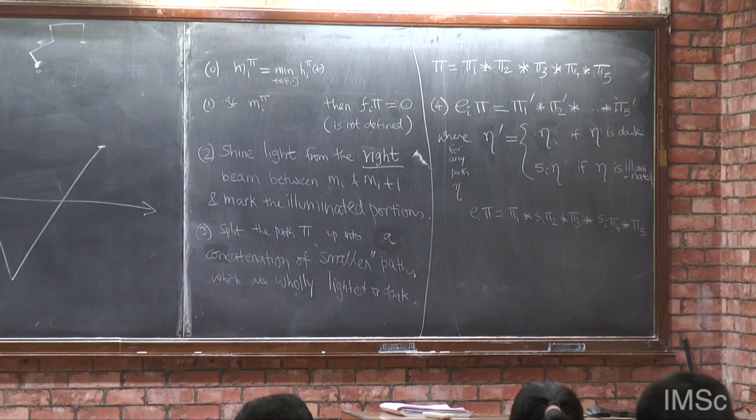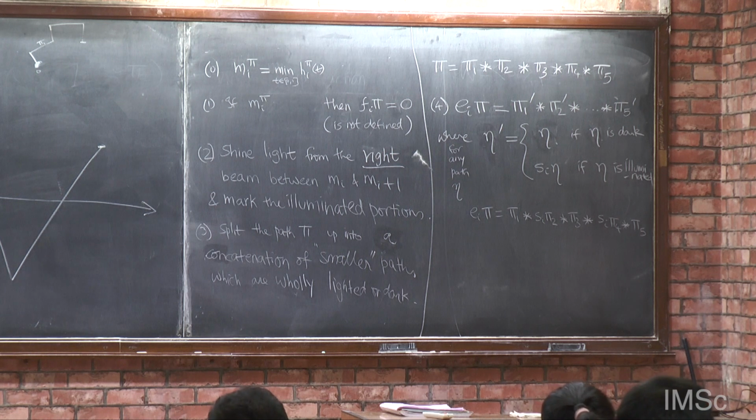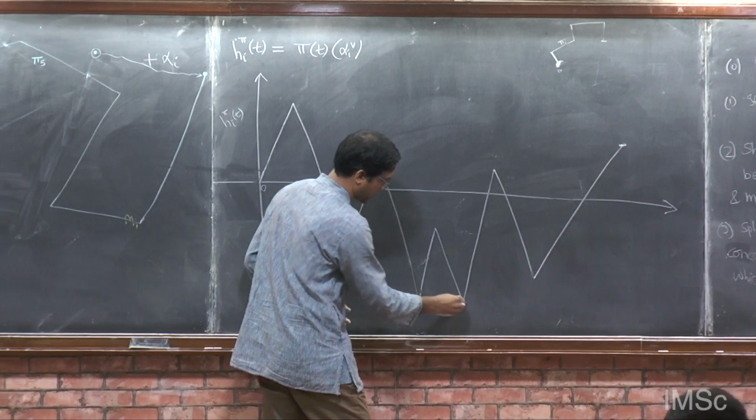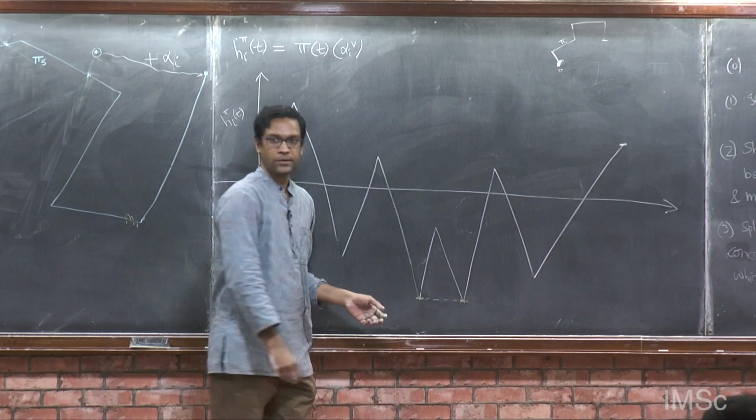Let's remove the EI bits now. So here's the minimum. Notice that the minimum, as in my diagram, is attained in two places. Now when I shine